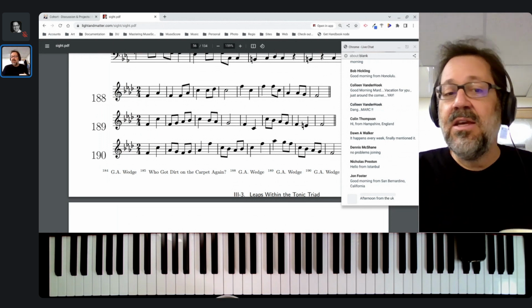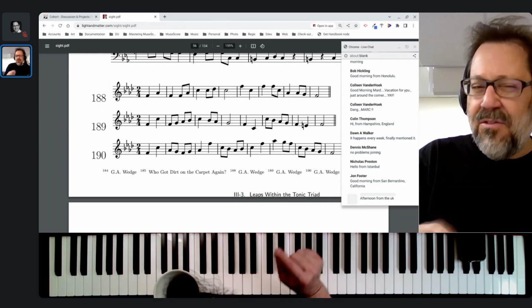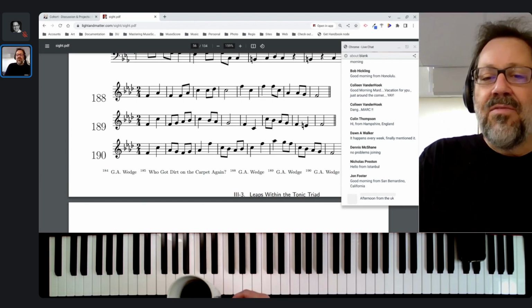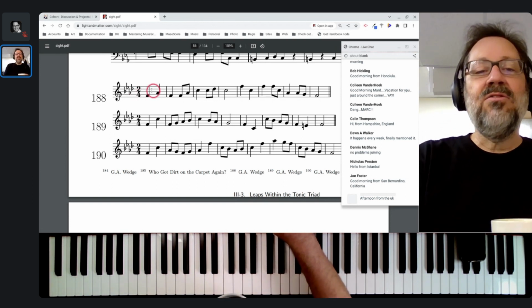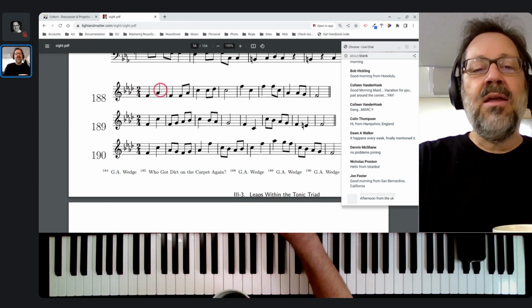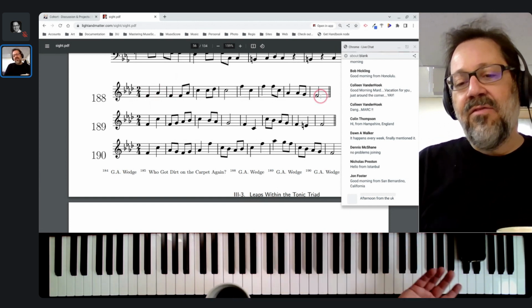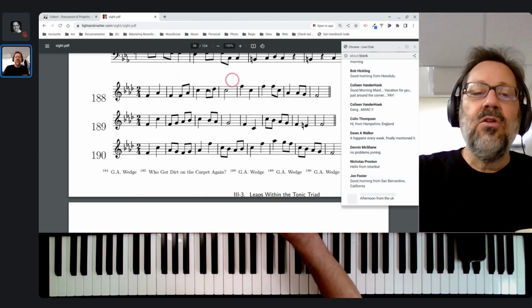So it's in the key of F minor, right? Four flats. We know they're minor keys. If you didn't already know this was a chapter on minor keys, and you're wondering whether it is A flat major or F minor, we would look at how it starts. It starts by emphasizing the tonic triad in F minor, and it ends on an F. Those are pretty good clues that it's in F minor and not A flat major. So let's look at this.